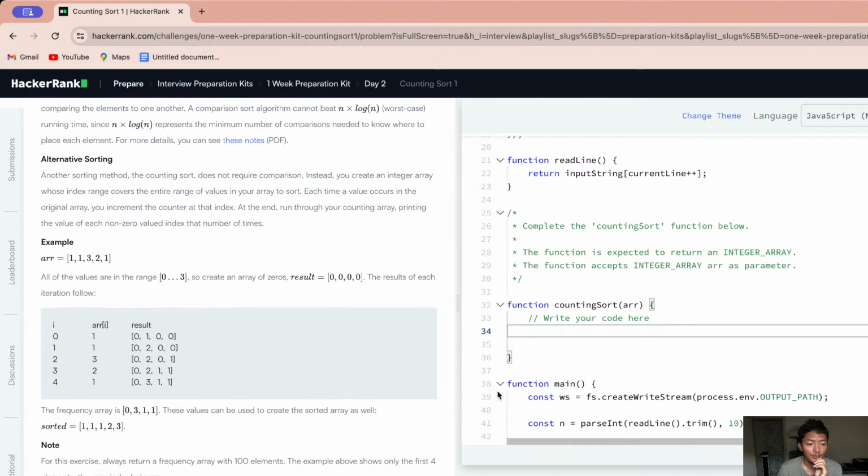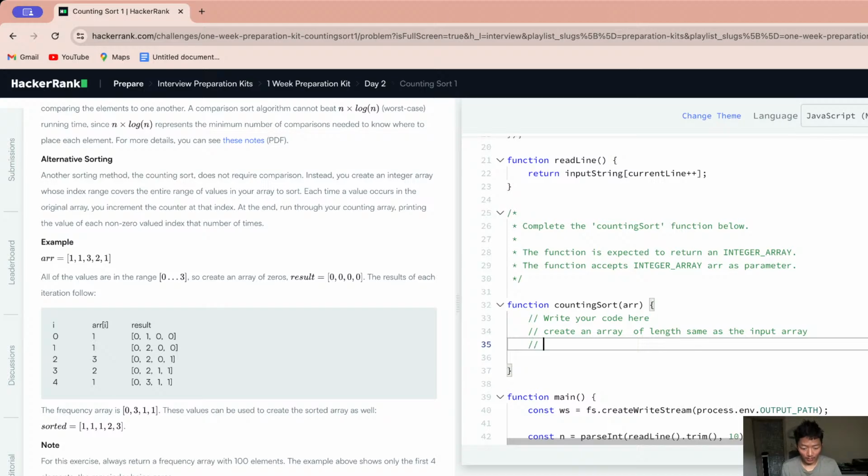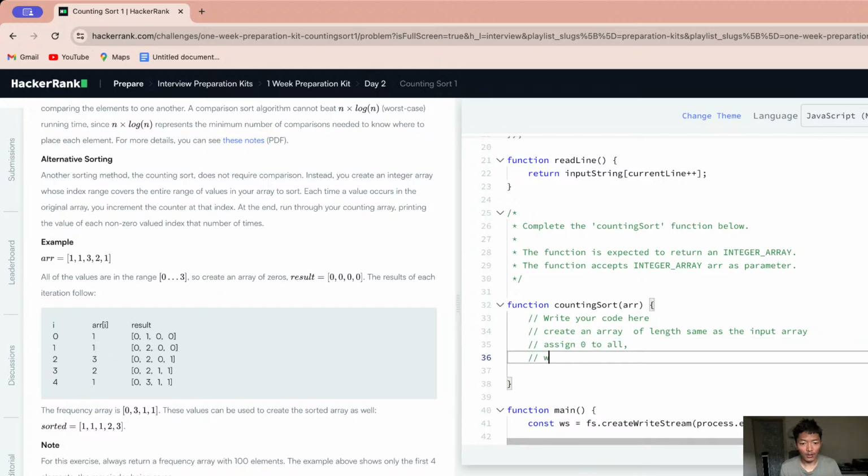So we create an array of length same as the input array, and then we assign 0 to all, and we loop through